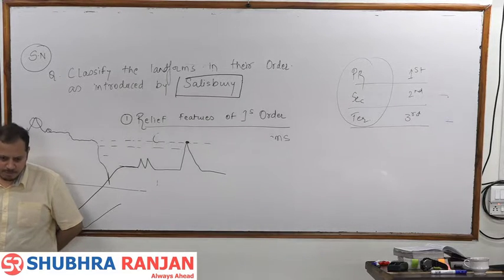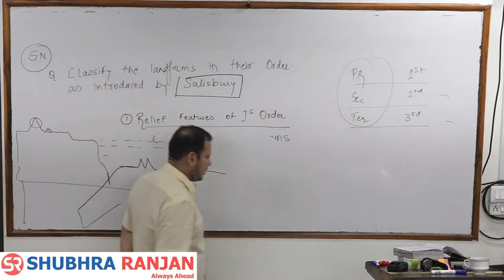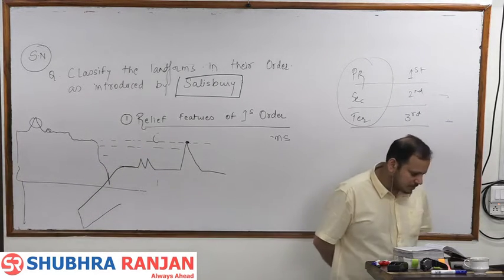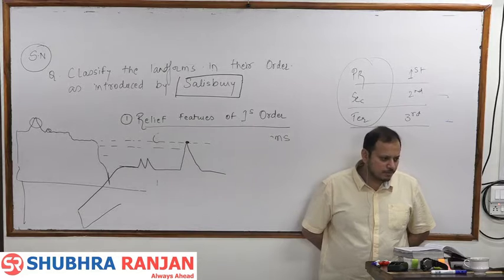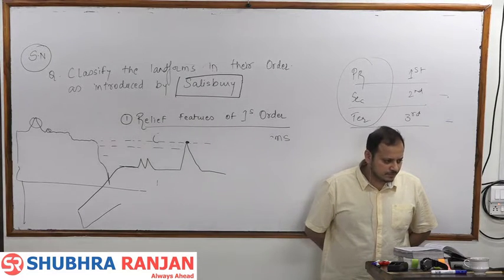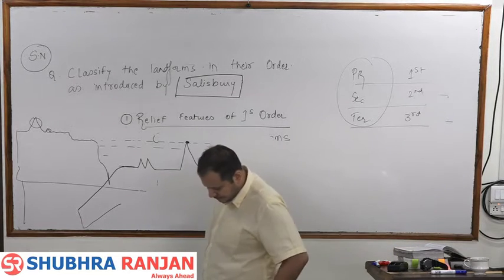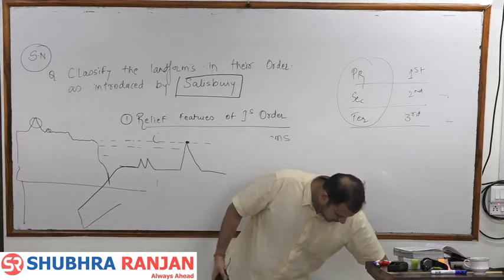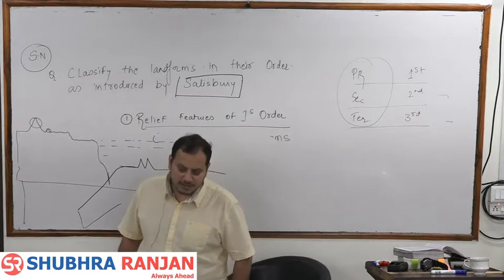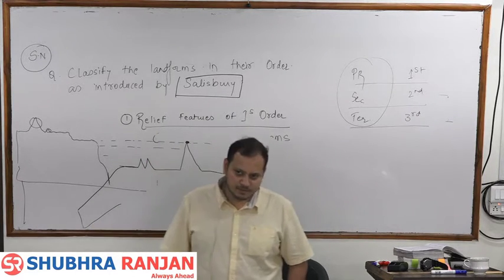Full stop. Some of the examples are mountains, plateaus, plains, on the continental landmass,